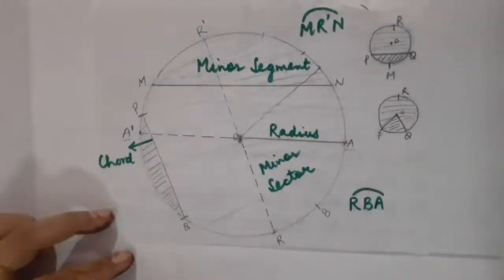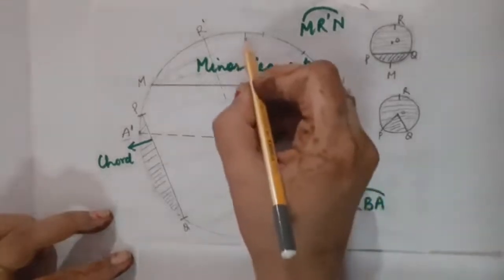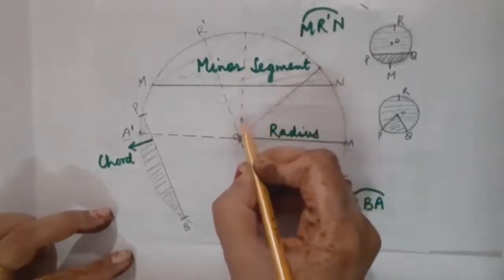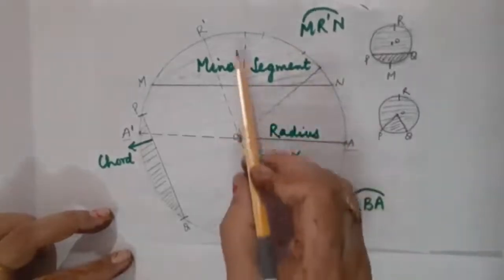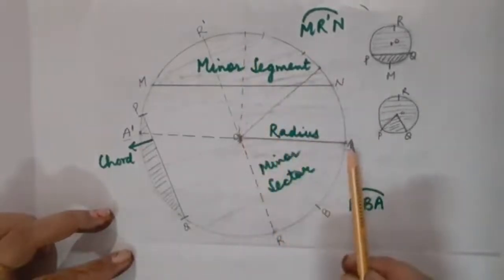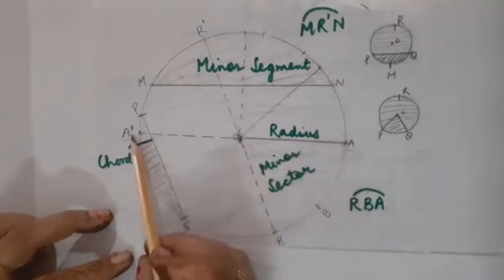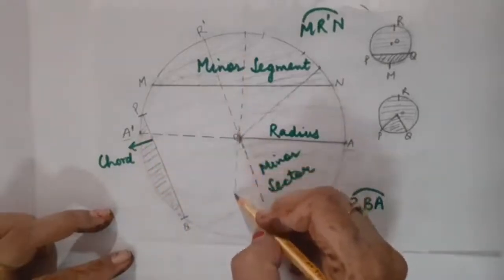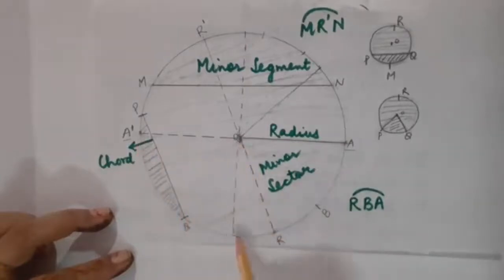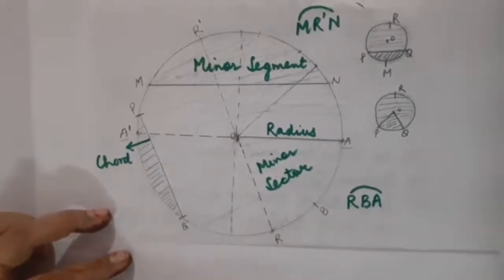Next comes the quadrant of a circle. Quadrant of a circle is nothing but the 1/4 part of a circle. Suppose here if I have drawn one radius, then you can see that this complete region is nothing but the 1/4 part of the circle. Here also this is 1/4 of the circle. And if I draw a diameter, then again this is 1/4. This is also 1/4 part of the circle. So quadrant is nothing but the 1/4 part of the circle.